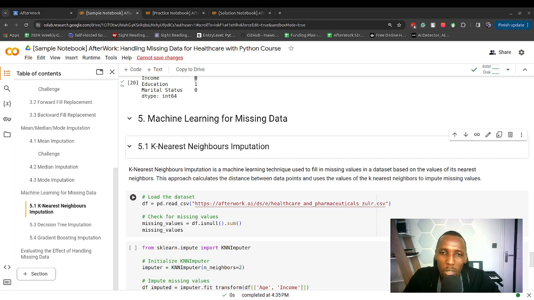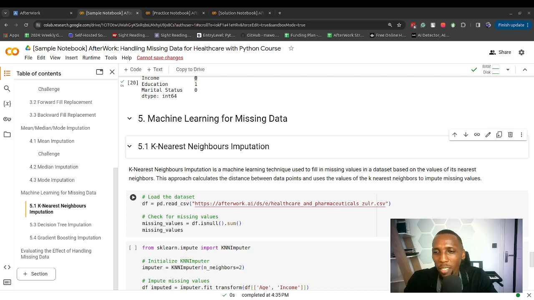And what this type of imputation does is it considers which of the records are closer to, or resemble, the record that has a missing value, and then it would do an average of the records for, say, the column that is in question. So it would take maybe age and income. Let me explain it a bit more clearly. Assuming that you have a data set of 100 records,